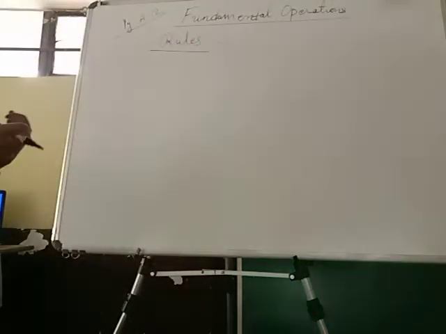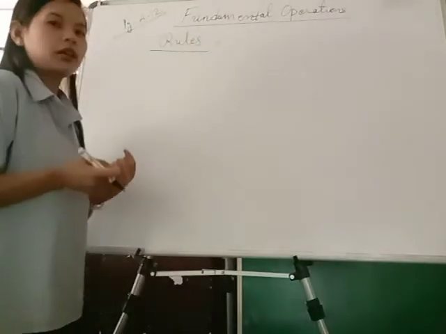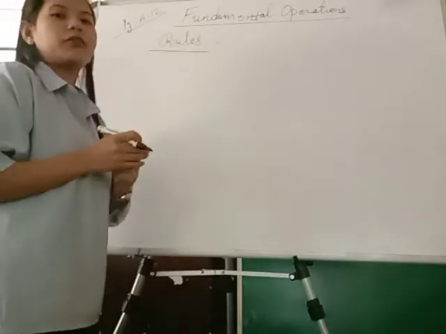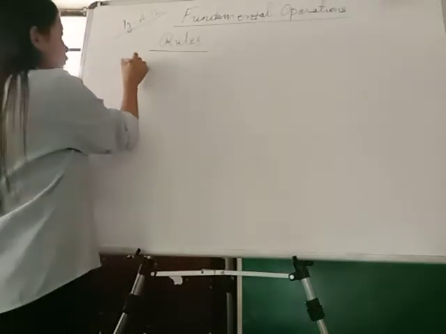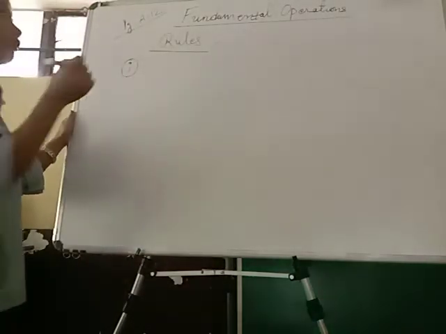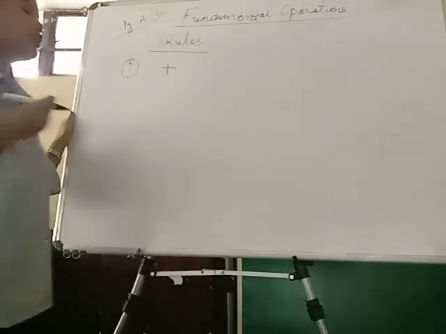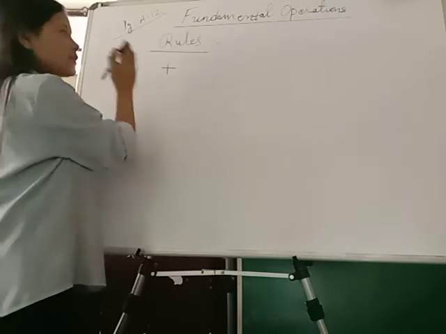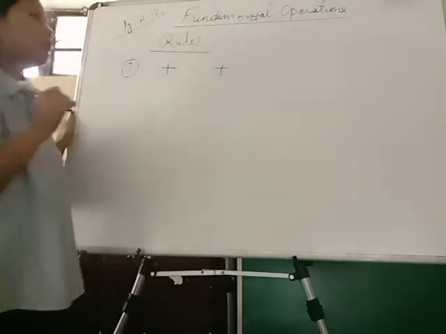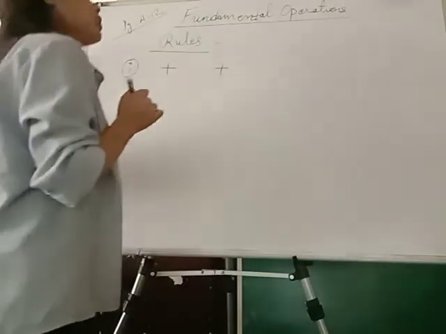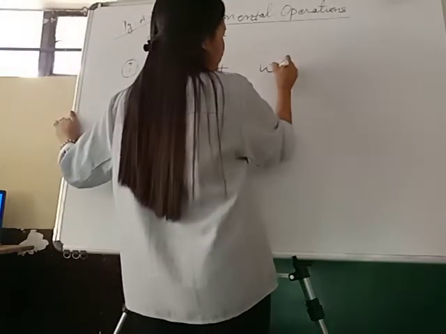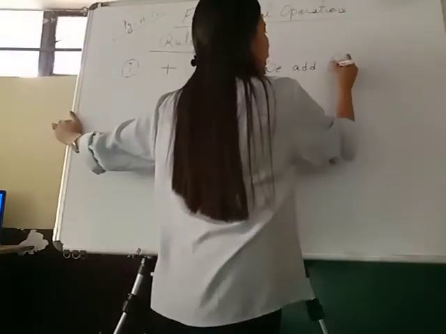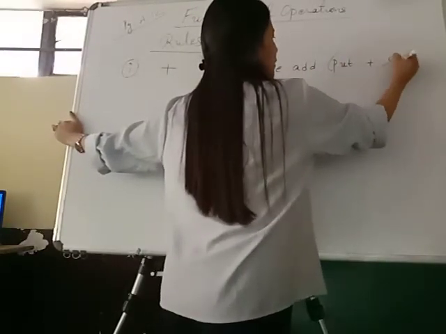We have already learned there are positive and negative integers, right? And 0 is a neutral integer. It's neither negative nor positive. So the first rule states that whenever we have a positive number, I'm denoting positive number by plus sign, and whenever we have another positive number, then the operation we carry out is we add. And in the final answer we put positive sign.